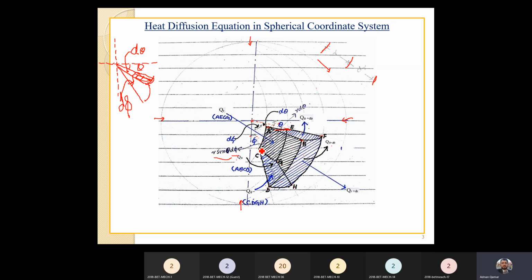This length from here to here, from center to point C, because it is a surface. Keep in mind, it is a surface. It is not just a single line. And it is equal to R sine theta. This length is this length from here to here. It is equal to R sine theta, and you will draw this figure by yourself, and you will calculate the relation between this line surface and this surface. These two surfaces are perpendicular to each other.